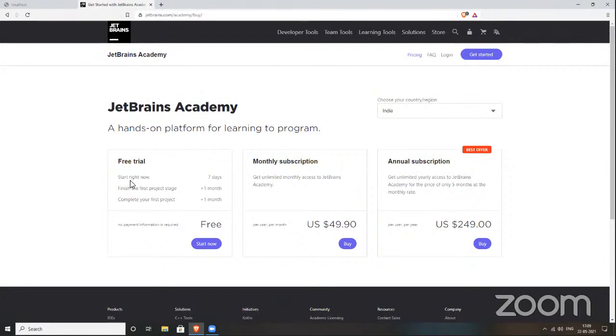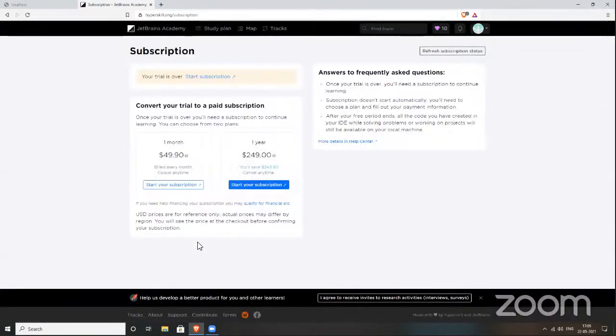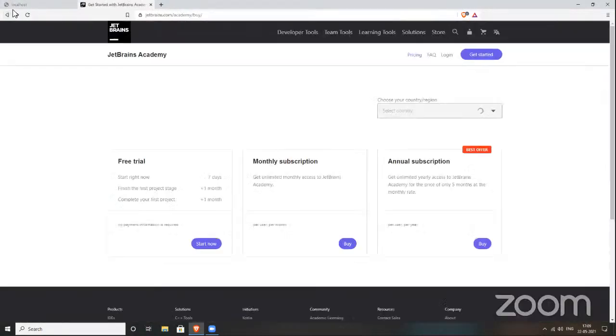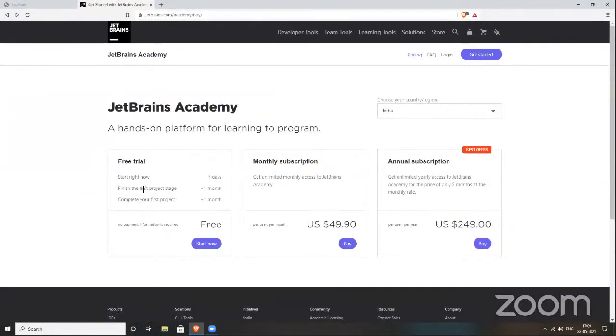It is saying free trial starts right now, 7 days. Finish the project stage. Click on start now. Your trial is over, so I need to complete one project. Then it says I would have gotten 1 month more. Finish the first project stage, complete your first project, then I would have gotten 2 months.